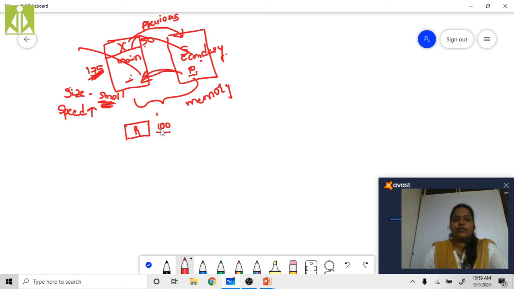So what it is going to do is, these 50 instructions are swapping out of the main memory, so that the 100 space is available. These 100 instructions are dumped onto the main memory so that it can execute its task. This is how the memory management is going to be done. Memory management is nothing but managing of memory, like which instructions to be swapped out and which instructions to be swapped in, is going to be taken care of by the operating system. One of the functionalities of the operating system is memory management. So this is one of the important concepts we have.